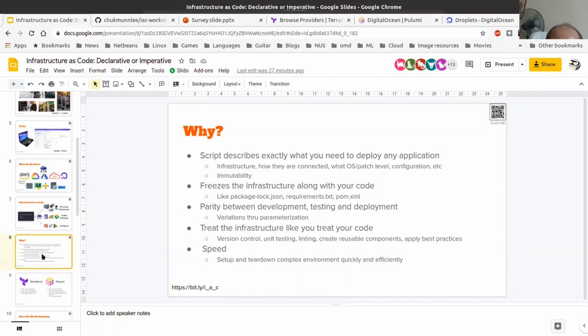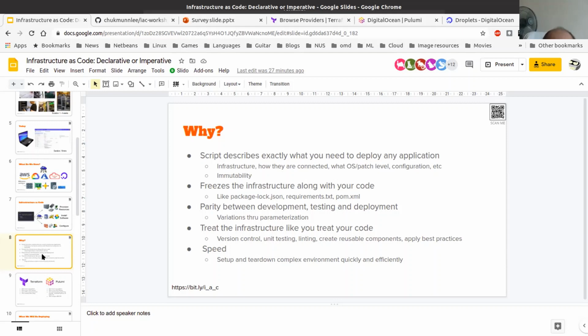Even when I say I want a server with 16 gig memory, it is not very clear what sort of server I want. What is the CPU? What is the operating system I want? But if you script this and you say, I want a server of this size with this much memory, with this operating system, you are saying exactly what you need. So your script, just like a program, captures the environment, and there is no ambiguity. Unlike English or communication, there is no ambiguity.